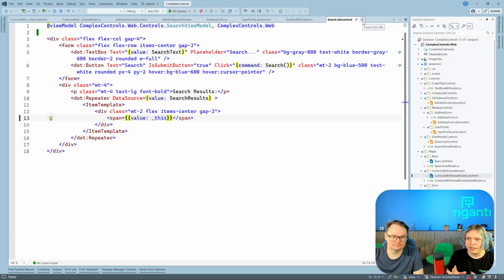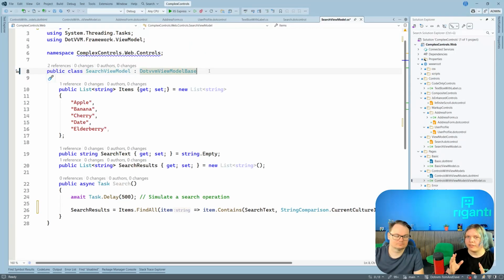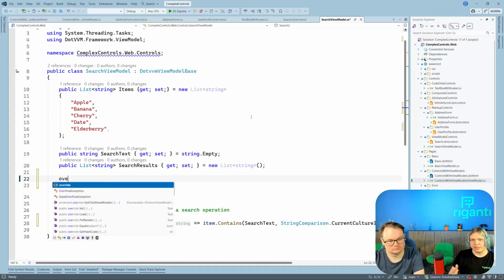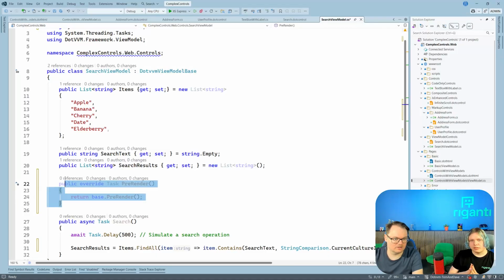And if you take a look at the C# class, we basically have the .vvm view model base, because it's a view model, so we have to inherit from view model base, but we don't have to inherit from this. So if we are not using any lifecycle functions like pre-render or onInit, for example, this one, if it's .vvm view model base, this will be there and it will be actually called. So if you need the control to load some data, then you can declare pre-render in that,